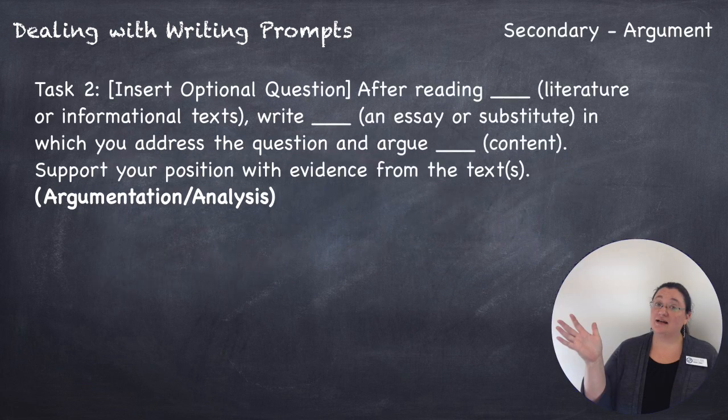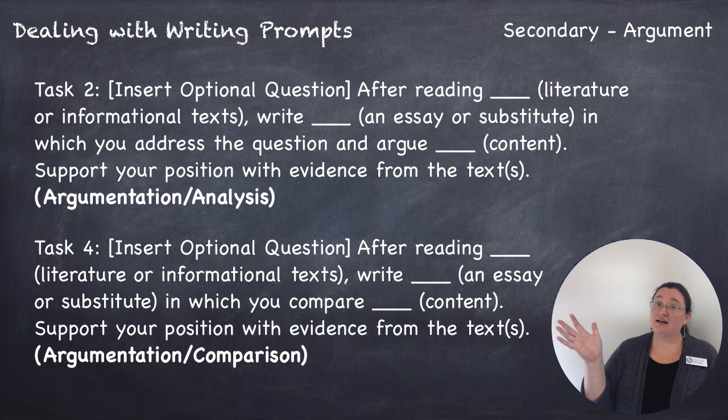When we take a look at the 6 through 12 prompts, this actually comes split up into 2 categories. The odd-numbered tasks are tasks to be done after research, and the even-numbered tasks are tasks to be done after reading. For our purposes today, we pulled the ones that you would do after reading. So notice you have task 2, you have your insert and optional question, and then your blanks, and then task 4, again, the same format. Notice at the end it says